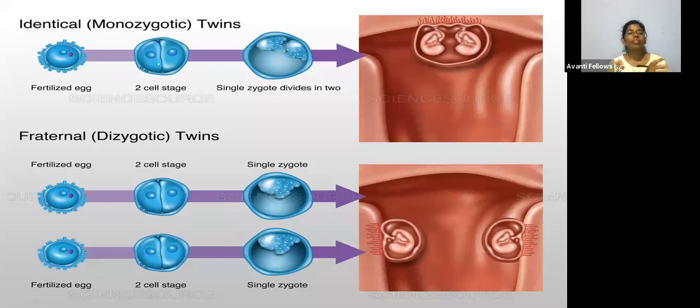Next is dizygotic twins, where the female produces two eggs, and those two eggs are fertilized and develop as new individuals separately, called dizygotic twins. Is this clear about monozygotic and dizygotic twins, how parturition takes place, how lactation takes place? If you have any doubts in this chapter, ask me. Otherwise, I'm going to summarize this chapter in just one minute. Now the floor is open for your questions.